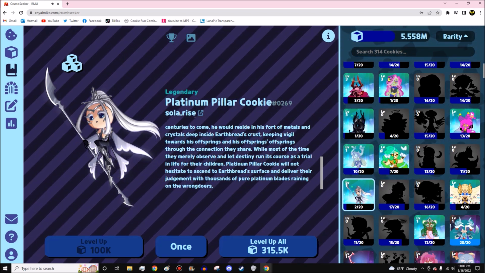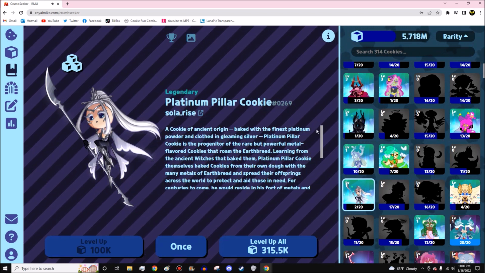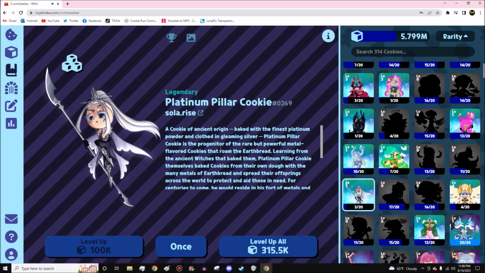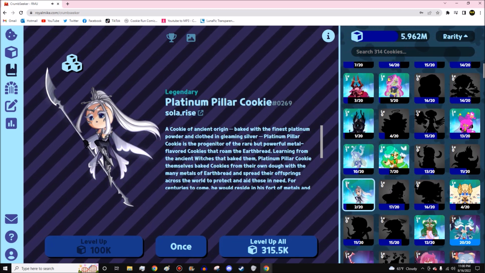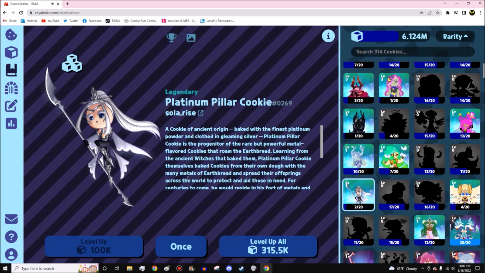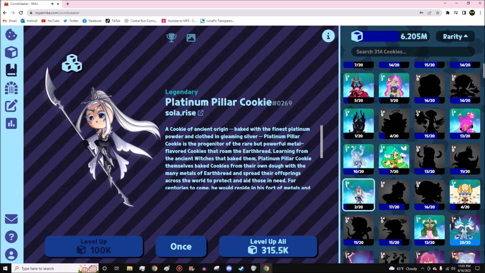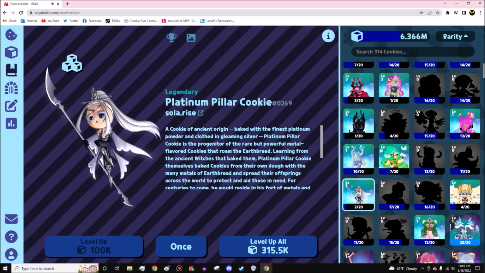Alright, let's read these four and then we can end it. Platinum Pillar Cookie. A cookie of ancient origin, baked in the finest platinum powder and clothed in gleaming silver. Platinum Pillar Cookie is the progenitor of the rare but powerful metal-flavored cookies that roam the Earthred. Learning from the ancient witches that baked them, Platinum Pillar Cookie themselves baked cookies